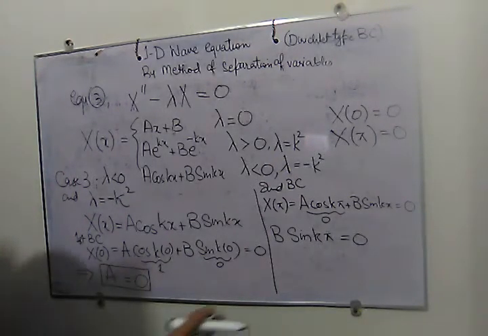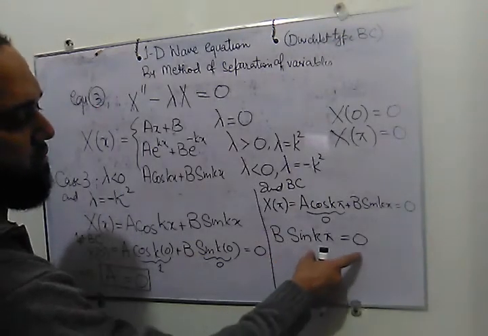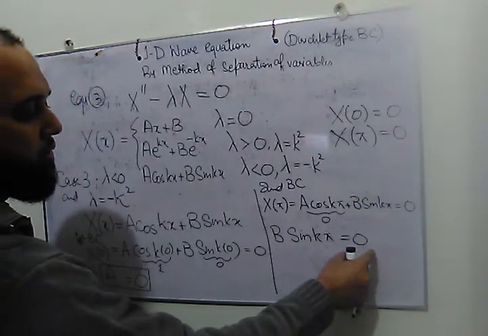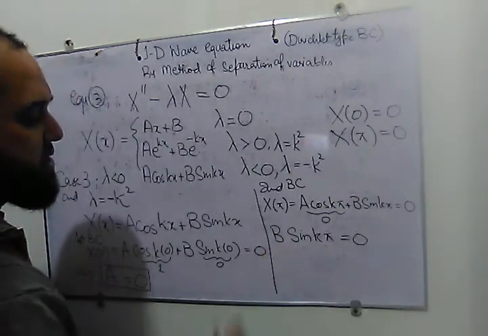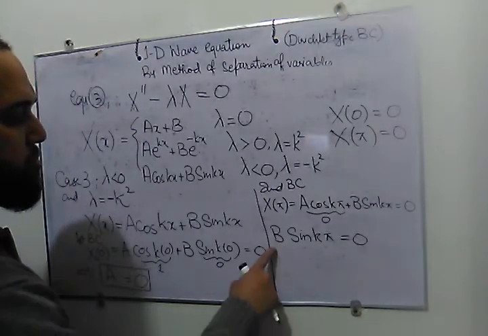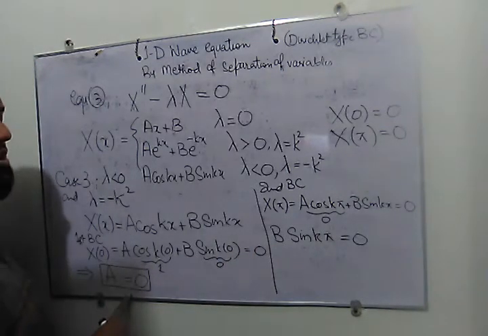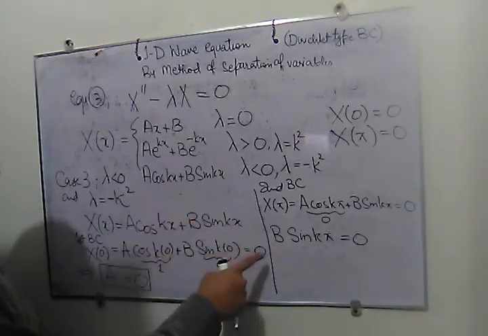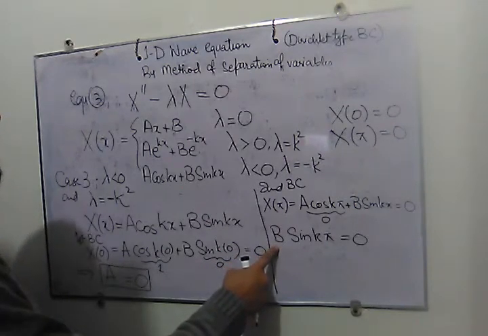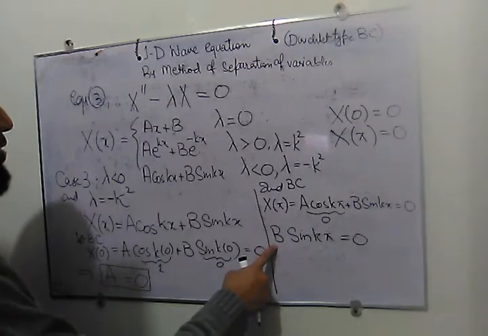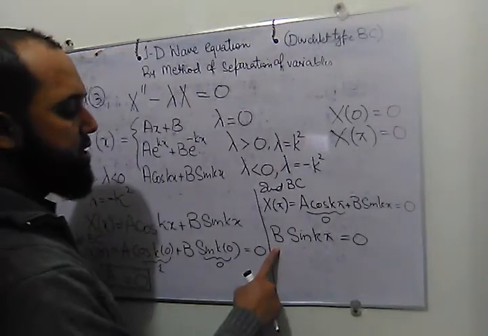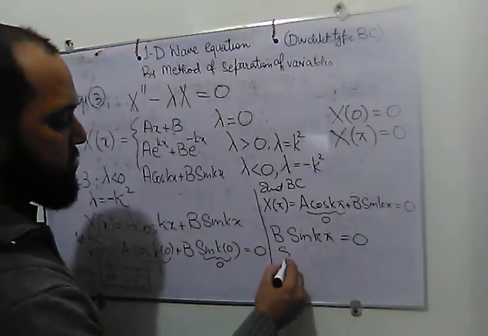So we have here a situation where the product of two members is equal to 0. This is b, this is sine k pi, and the product of these is 0, so one must be 0. Therefore, if we put b is equal to 0, then a is already 0 and we have no other case remaining, so we have to save b, and we do not give any chance to b to become 0, because it will give us the trivial solution and we cannot go further. So in order to save the b, we must assume that sine k pi is equal to 0.